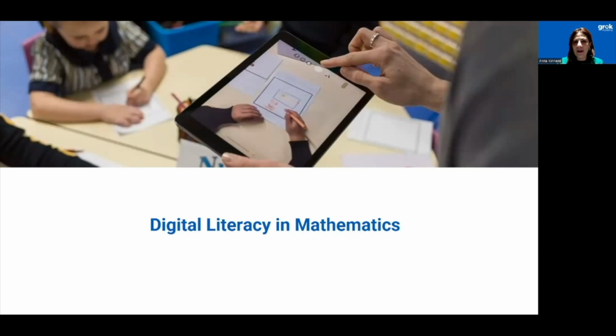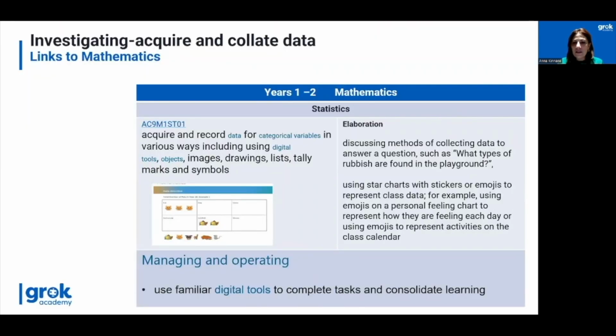Now we're going to take a look at mathematics. This example here, we've gone into the strand of statistics in mathematics, and the content description says acquire and record data for categorical variables in various ways, including using digital tools, objects, images, drawings, lists, tally marks, and symbols. Now, the expectation in digital literacy down the bottom says use familiar digital tools to complete tasks and consolidate learning. So I wonder what digital tools we would use to support students to collect some data and to share that. So the elaboration basically talks about using star charts or representing class data with emojis,